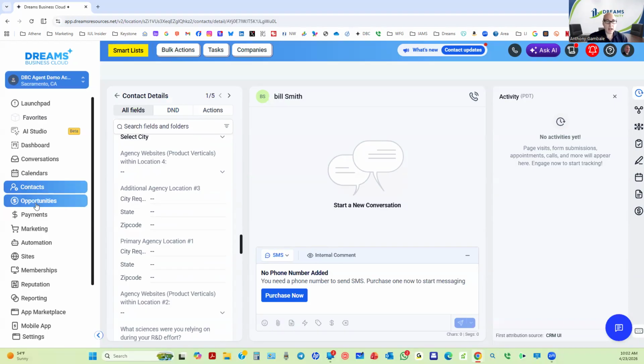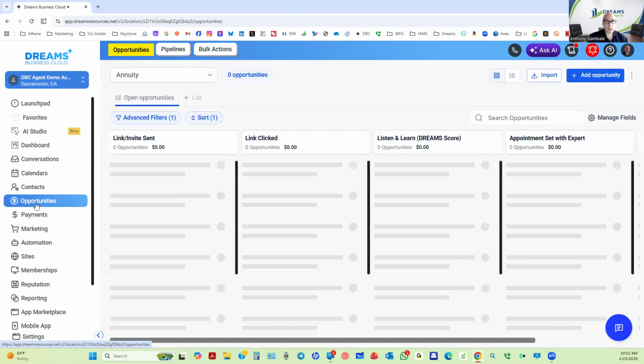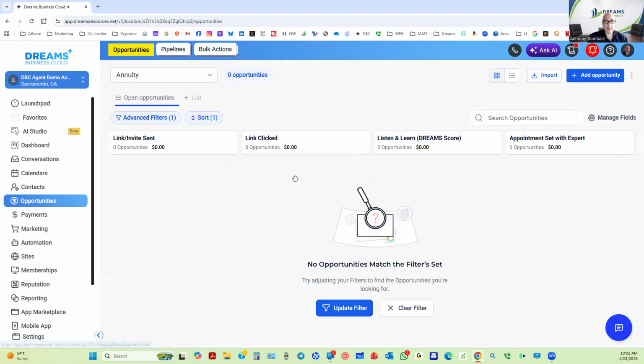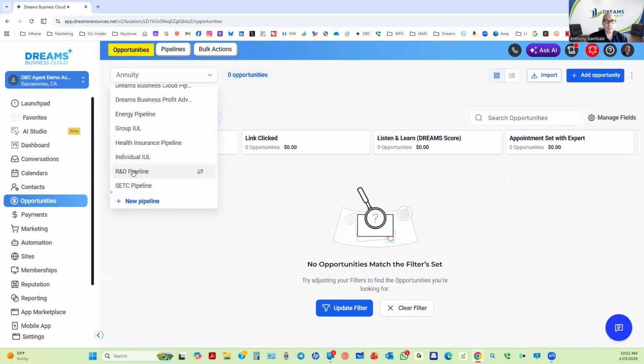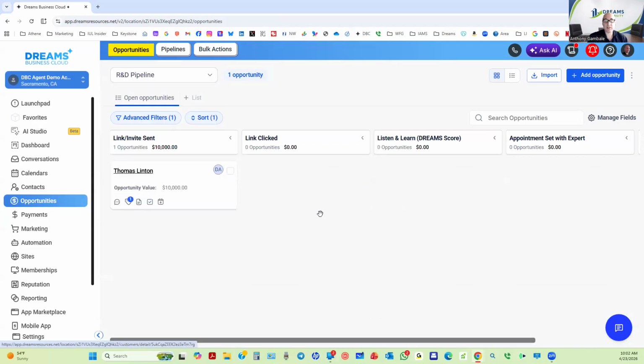Okay, here's the opportunities that we talked about. Remember, we talked about opportunities. These are all the opportunities. I think I have one in the R&D pipeline. I believe there's one there. Yeah, there's that $10,000 one that I showed you on the main dashboard. That's where it is. That's why I said it's important to put that opportunity value in there, because over time you'll have multiple people in here, and it'll total up all your opportunities,